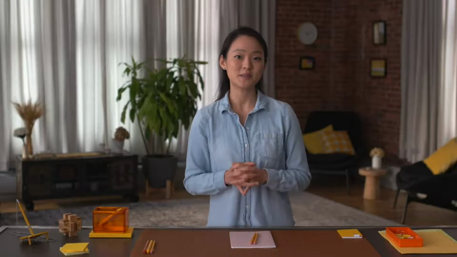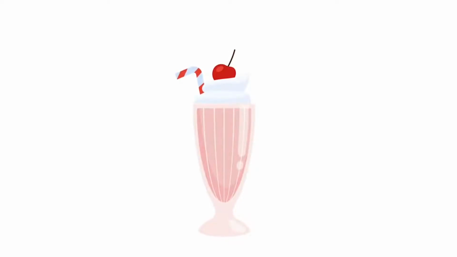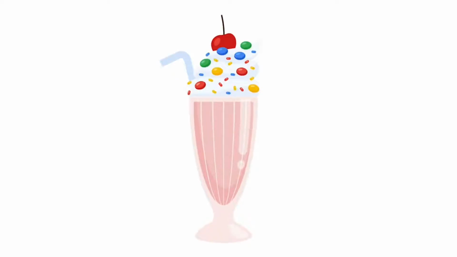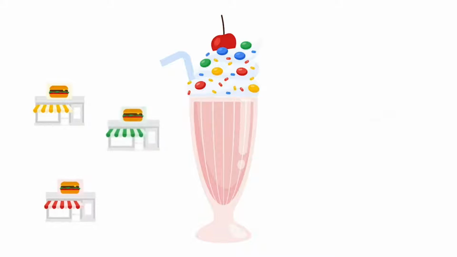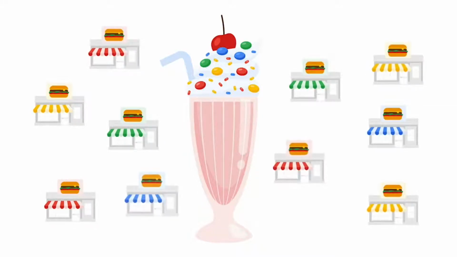Let's check out one more scenario. We'll stick with milkshakes because I like milkshakes. Imagine you work for a restaurant chain that wants to launch a brand new birthday cake flavored milkshake. This milkshake will be more expensive to produce than your other milkshakes. Your company hopes that the buzz around the new flavor will bring in more customers and money to offset this cost. They want to test this out in a few restaurant locations first. So let's figure out how many locations you'd have to use to be confident in your results.